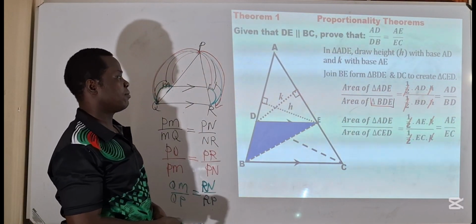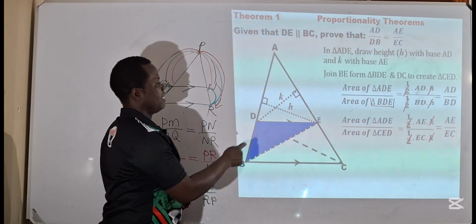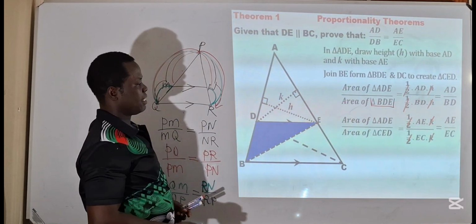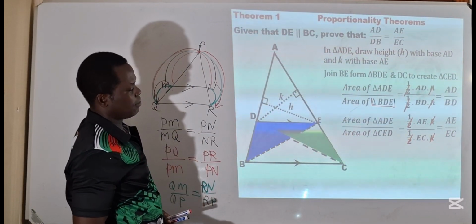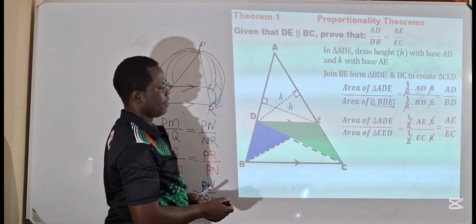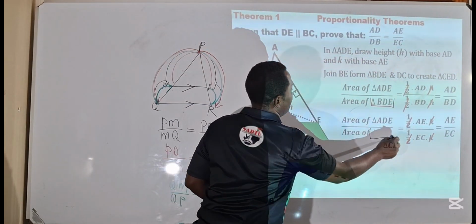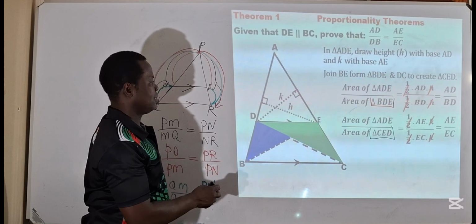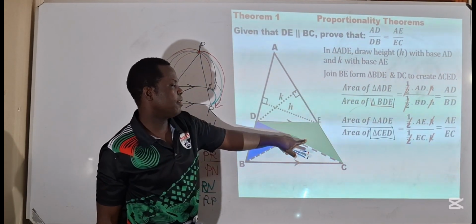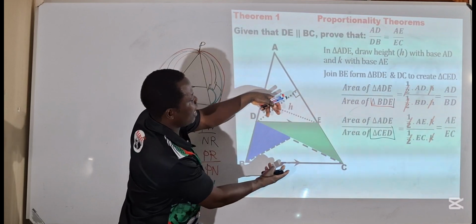That is the triangle there, and we have used this height H in the first calculation. Then at the same time, in our next division, we have used that triangle, which is the one I'm highlighting in green. That is this triangle here. So if you look at this diagram, the triangle that I've highlighted here and here, the two triangles are found